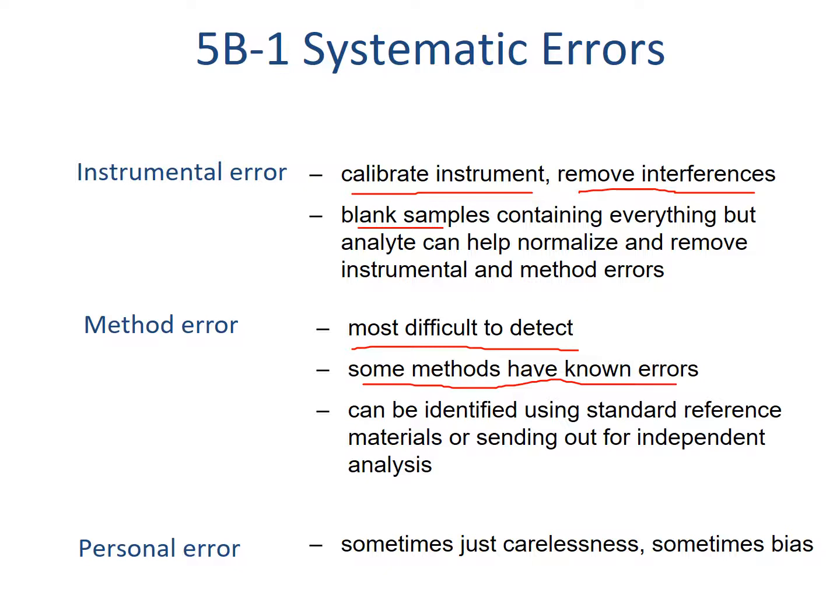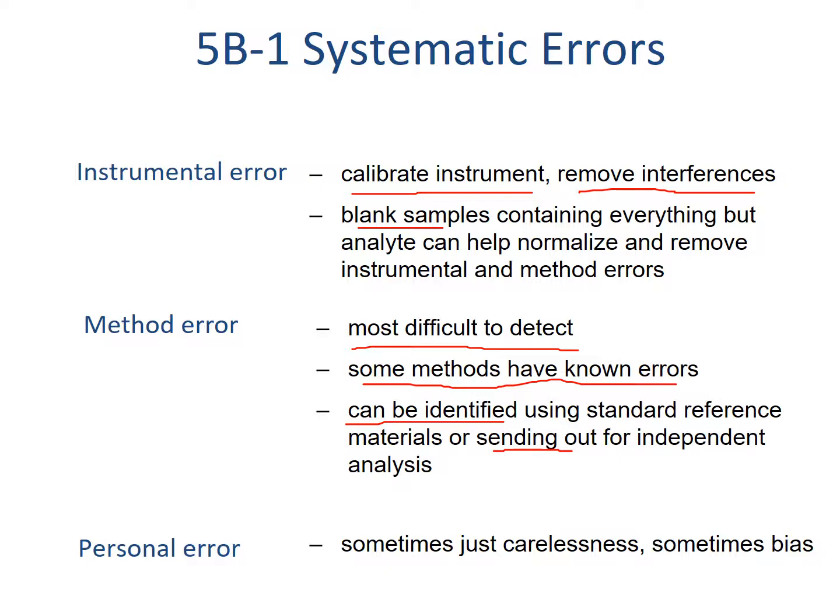but we need to know some of those errors to deal with them. One way that you can identify errors if you don't know that you have an error is by using a standard reference material, just to validate your method, or you can send out your samples for independent analysis to see if anybody else gets a different result. We'll talk about how we deal statistically with those differences from different types of analysis in the next chapter,